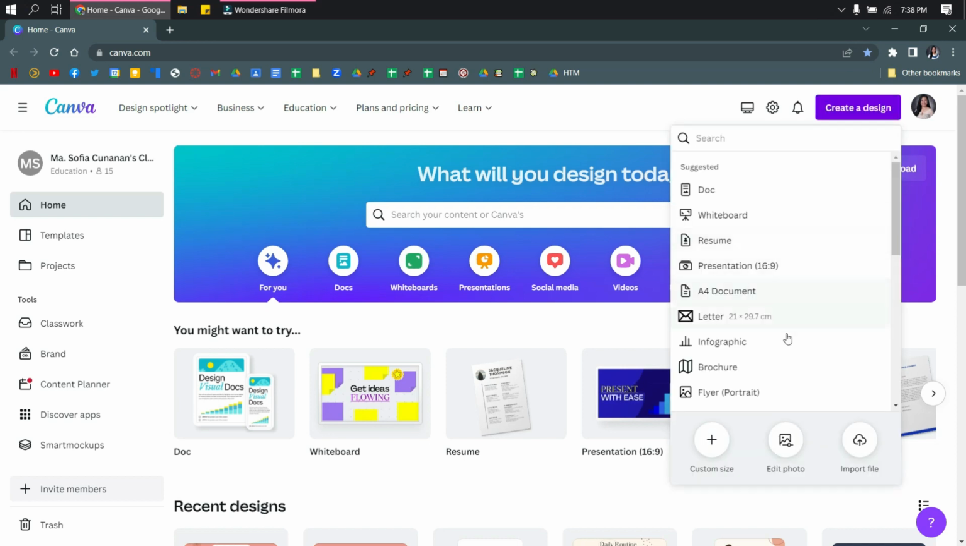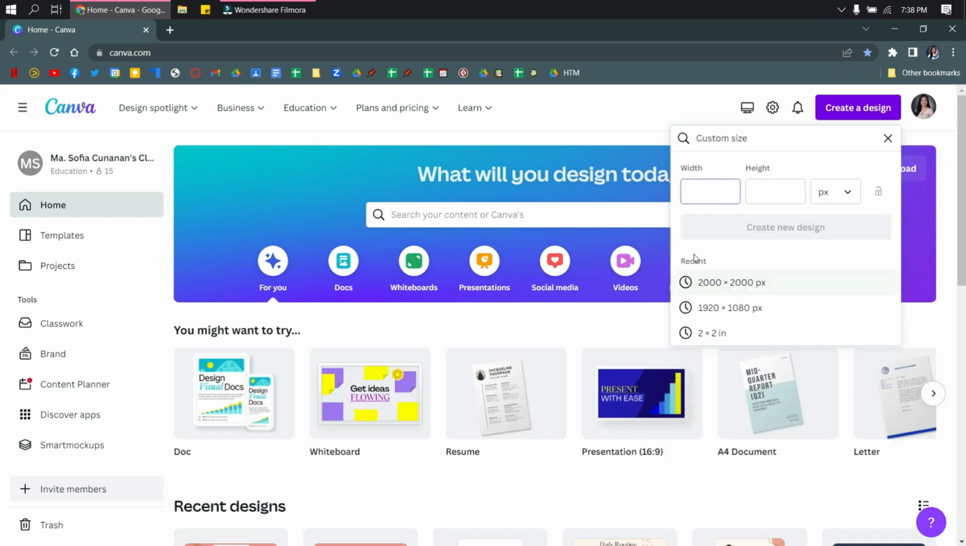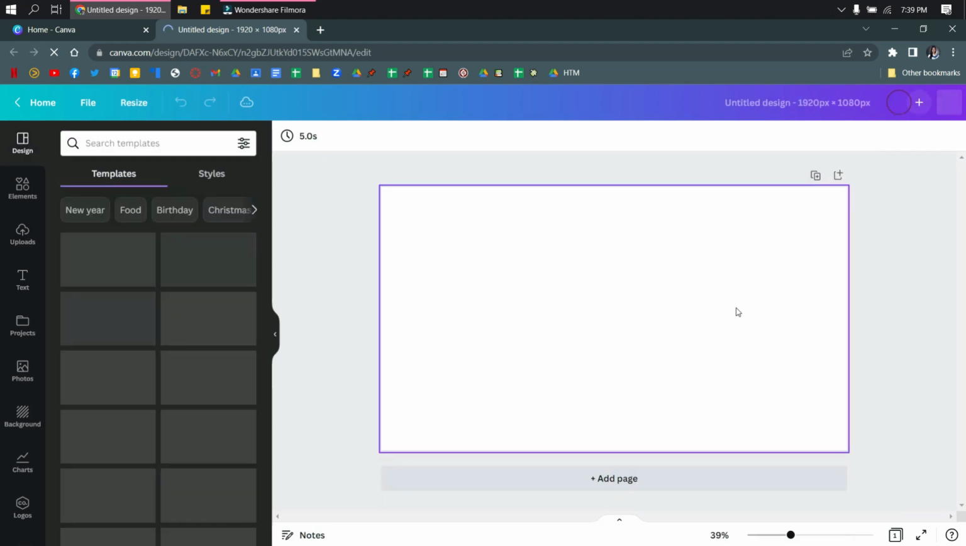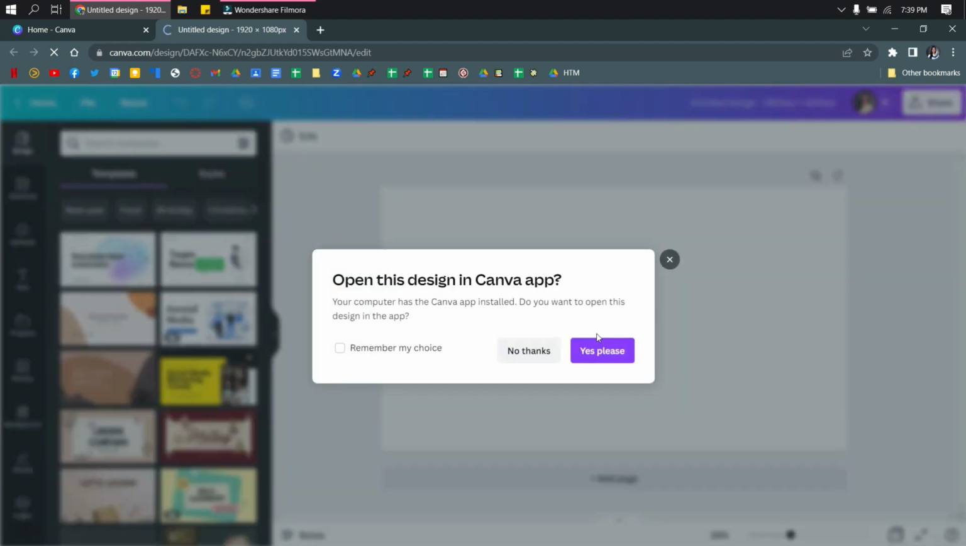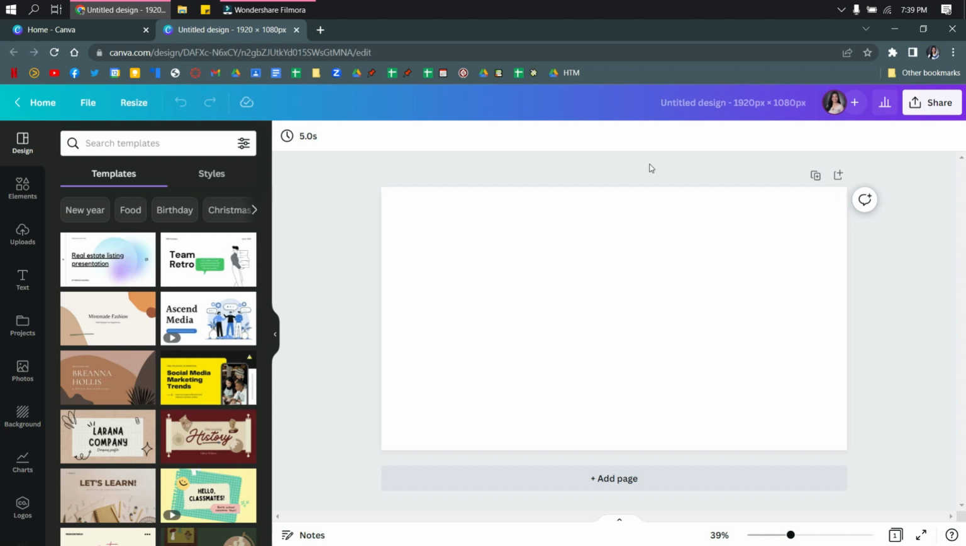and then I'll go for custom size, but you can choose from the choices there. But for this video I will use this 1920 by 1080 pixel size. So you can use this using the Canva app, but I'll use the web instead. So here I will rename this to planner,